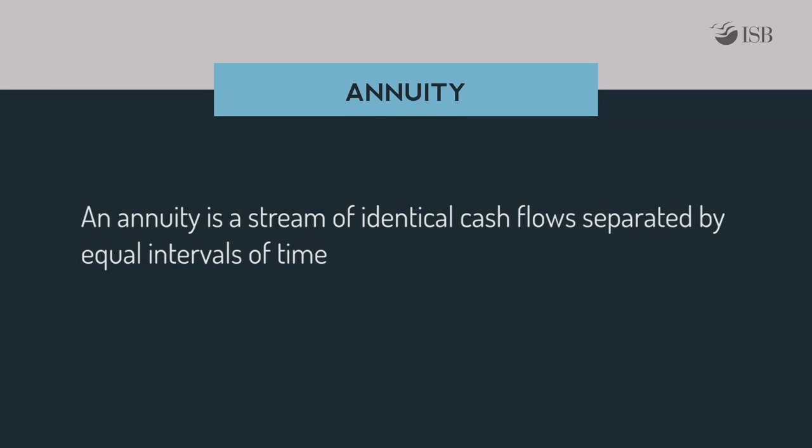Let's start off by defining what an annuity is. An annuity is a stream of identical cash flows made or received separated by equal intervals of time. A $10 a month payment for a year is an example of an annuity. However, $10 monthly payments that occasionally skip a month or a stream of payments that alternates between $10 and $20 payments is not an annuity. Both the amount and the time interval between the cash flows must be the same for it to be called an annuity.